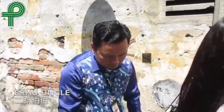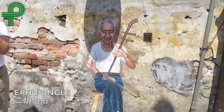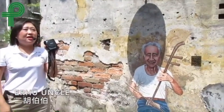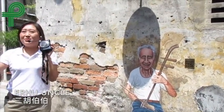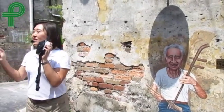This art piece, we call him the Erhu Uncle. Anybody know this instrument? The Erhu? Okay, so this is an ancient Chinese instrument of 2 strings. That's why it's called Erhu. Of 2 strings, called the two-string fiddle as well. This ancient Chinese